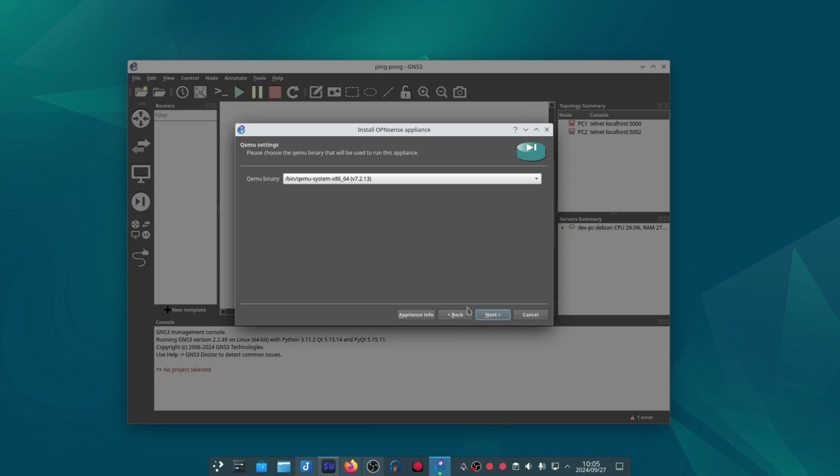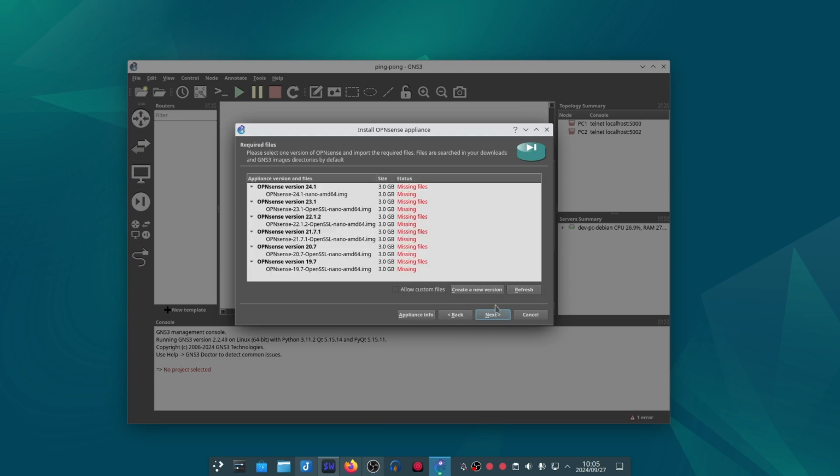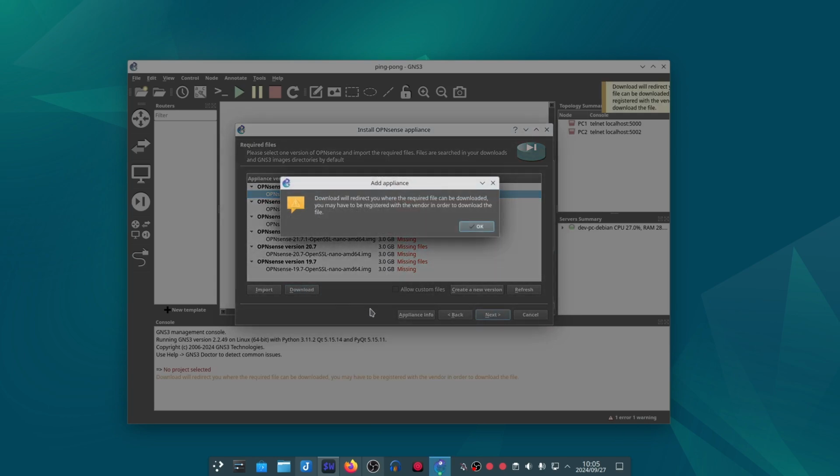You can click next. Now what we have to do is download the image that we want to use. In this case we want to use the latest, so 24-1. So with it selected, we will click on the download button and this will open up the page where we